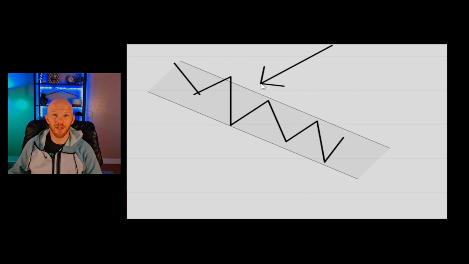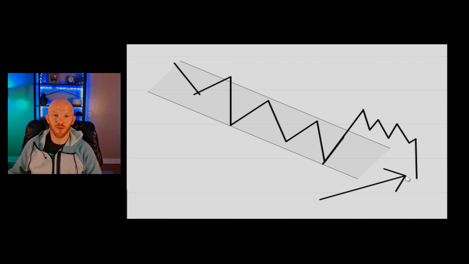That is where probabilities are in our favor, is selling this whole way down until the market has had a break of the channel. We're not buying here, right? Because this downtrend is still in play. Even if we start chopping around a little bit, probabilities are best to short until the market moves to a new extreme. In the case of a downtrend, a new low. That is when we would need to stop shorting, and we would expect the market to then bounce in the other direction.